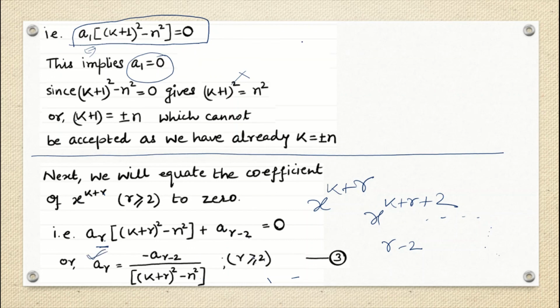Fine. So this is the general form of a_r, and then you are just going to put the value of r as 0, 1, 2. I mean 0 and 1 is done. So 2, 3, 4, 5 and so on, right? Okay, but be careful that here you have to put the value of k also, and you have said that the value of k is nothing but plus minus n. That means for y1 you have to choose k as n, for y2 you have to choose k as minus n, and then you will find the linear combination of y1 and y2 to get the final value of y, right? To get the final solution of your Bessel differential equation.